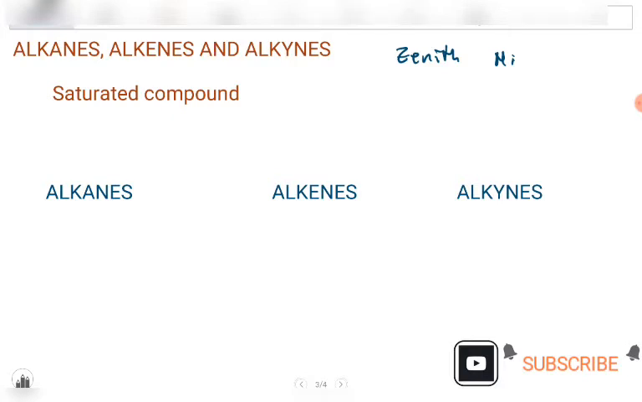Now we're going to do the same thing with these ones. We have alkanes, alkenes and alkynes. That means each and every compound that belongs to alkane, alkene or alkyne is going to have a certain ending. Before we can learn about those endings, let's first define what a saturated compound is. A saturated compound is defined as any compound